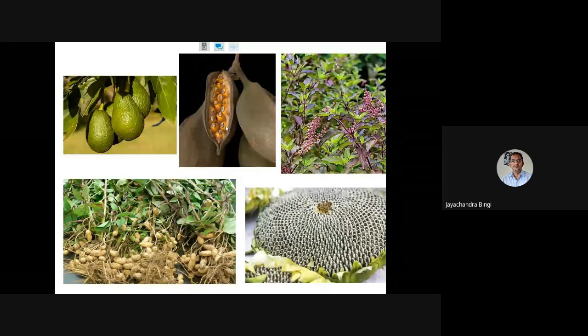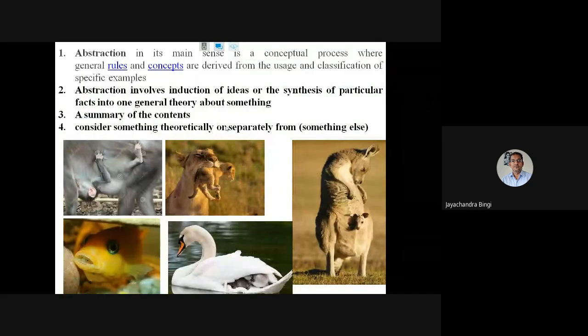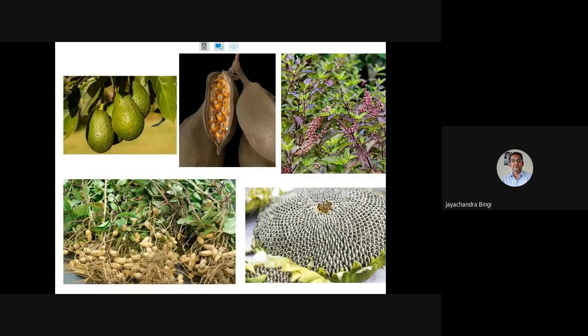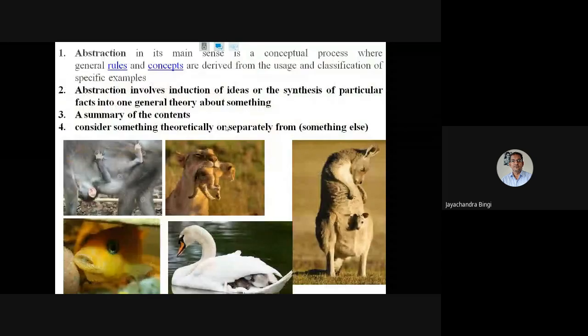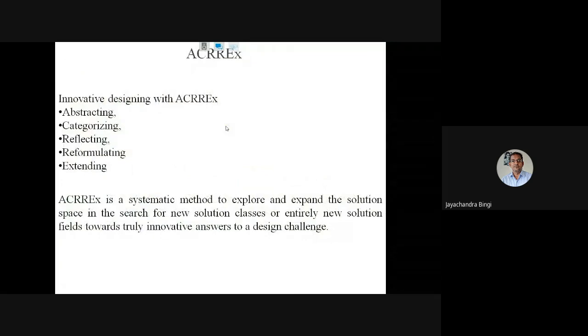This is called classification. Okay, I am looking at something, I'm getting some information, some idea about the function or the behavior or the form, anything. With respect to that idea, I'm classifying different inspirations. Here, with respect to the function, A is holding B or B is held by A. Okay, so based on that idea, I classified all these inspirations into a single category. That is called categorization.